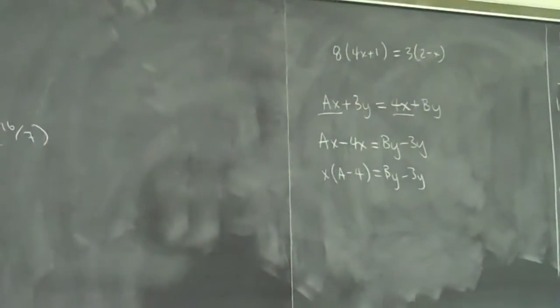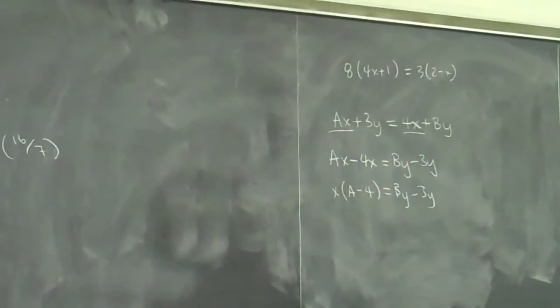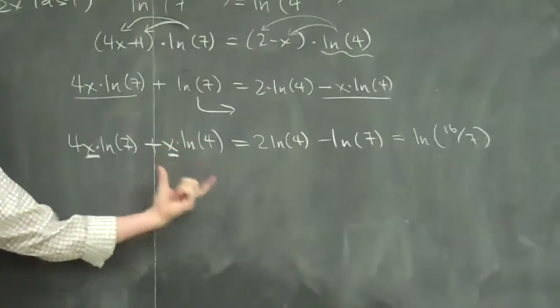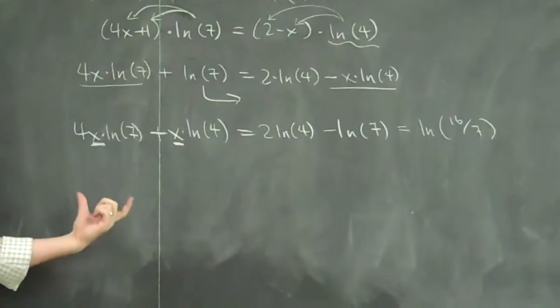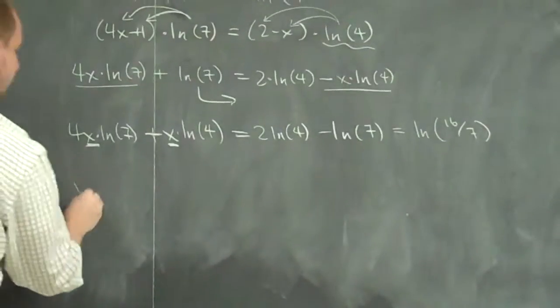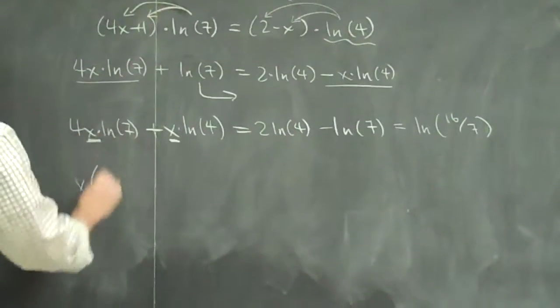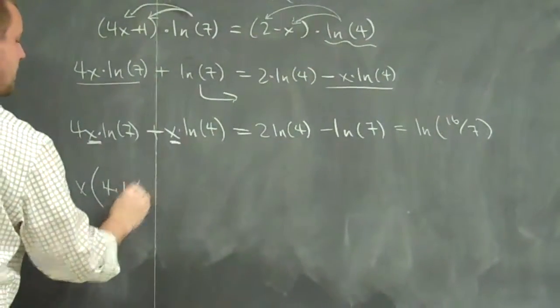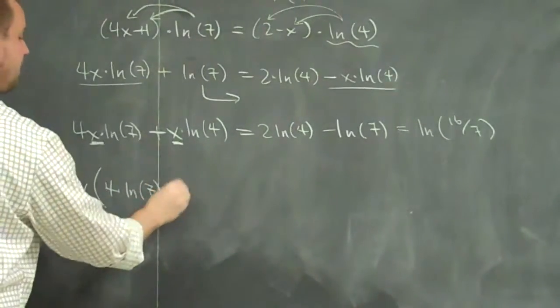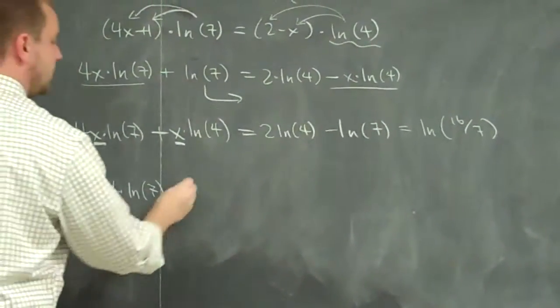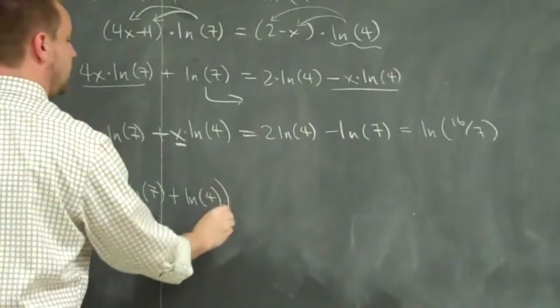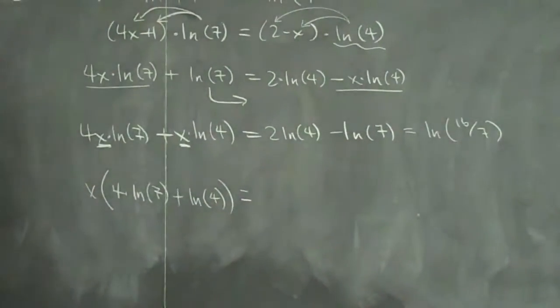We're going to do the same thing here. If these guys don't combine nicely, I can at least pull an x out of here, right? So this is going to be x times 4 times the natural log of 7, which again, you can clean up if you really wanted to, plus the natural log of 4, which you could clean up if you really wanted to, equals